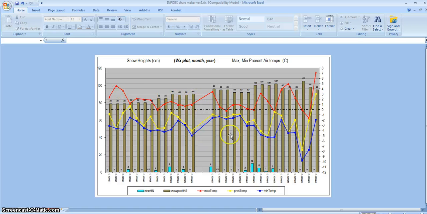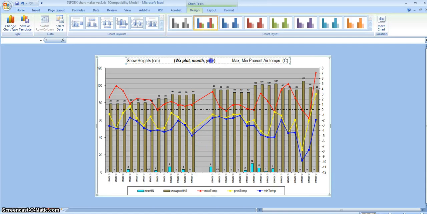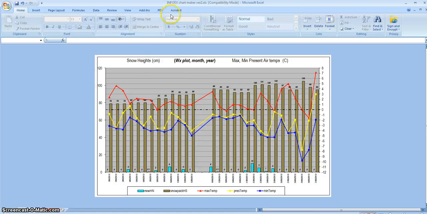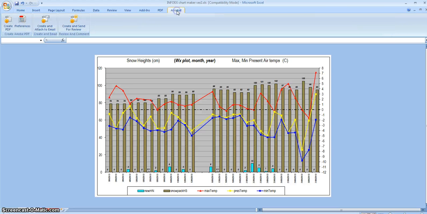You can adjust and reformat the colors and different things that might be needed if you're printing to black and white. It suggests that you type over here, you can put the year, month, and whichever weather plot you're at, so you can identify that. And then it's simply a matter of saving as or printing. You might want to turn it to a PDF for printing, but either way,